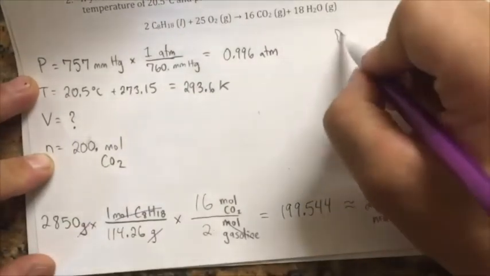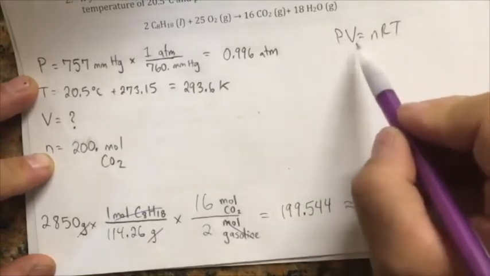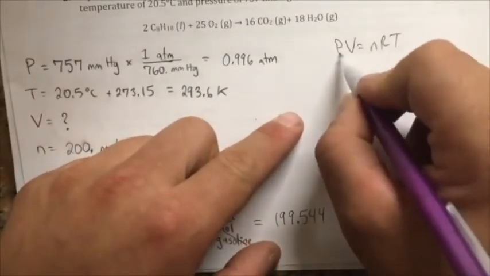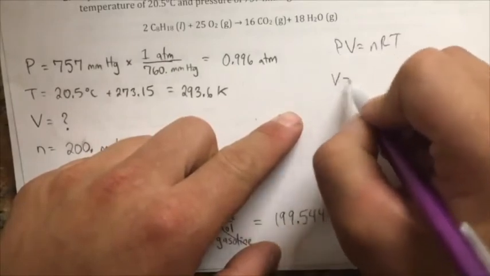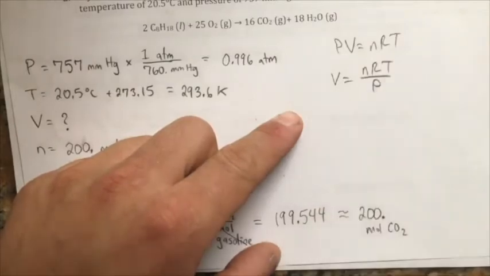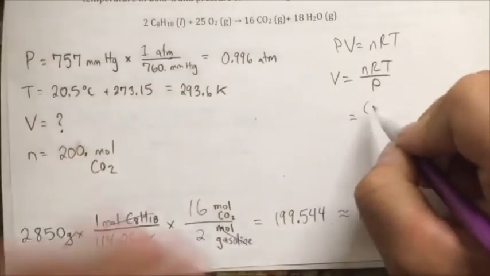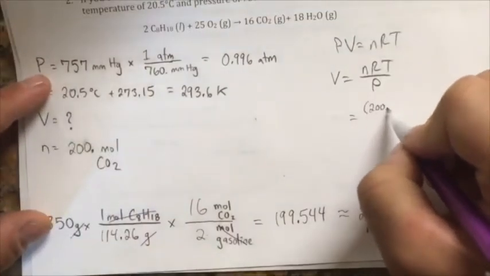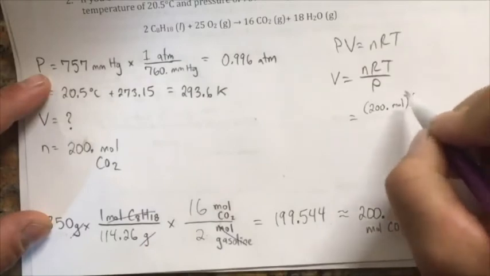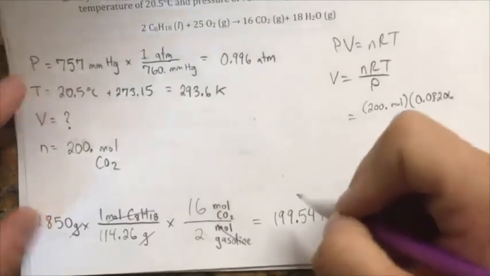And so PV equals nRT. We're looking for the volume. So now we can rewrite this. We divide both sides by the pressure. So I get V, volume, is equal to nRT over pressure. Okay? So now let's go ahead and plug in all these values. So 200. moles of CO2, times R, 0.08206